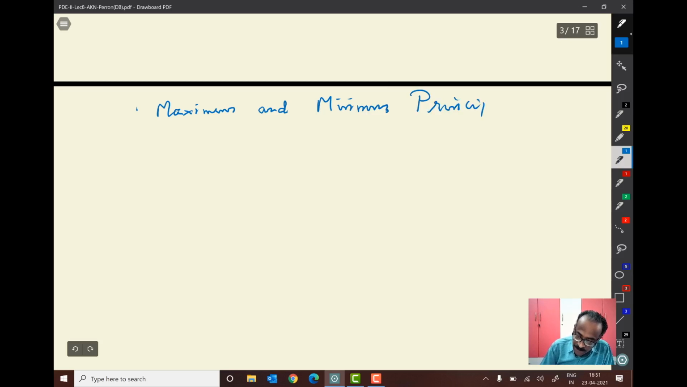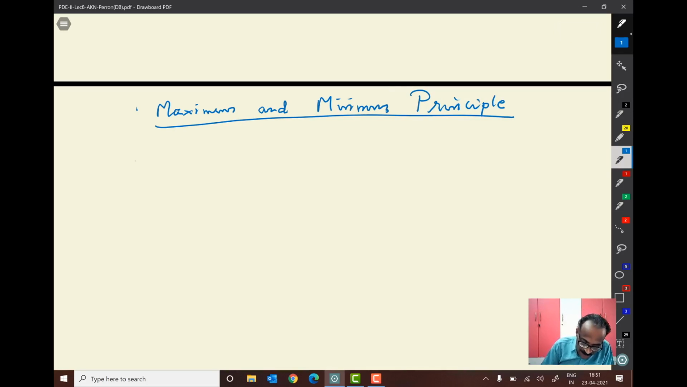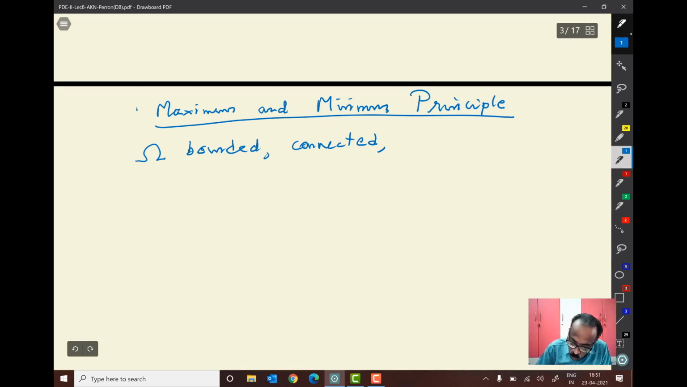And another important thing we proved in the last class is the maximum and minimum principles, because we are going to use all these maximum and minimum principles. So let me only write the maximum principle, but you can also write down the minimum principle. So in this case, if omega is bounded, connected, and u is sub-harmonic,